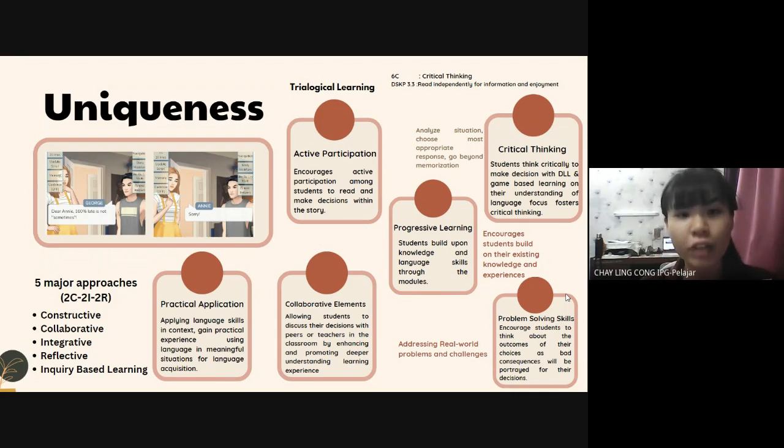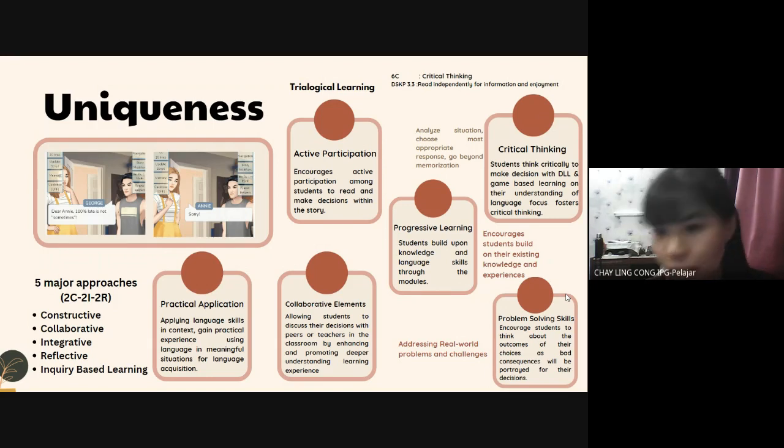and also the collaborative elements allow the students to discuss with their friends or the teachers in the classroom, enhancing and promoting a deeper understanding of the learning experience throughout the language focus as well, and also the problem solving skills, which is a very important element